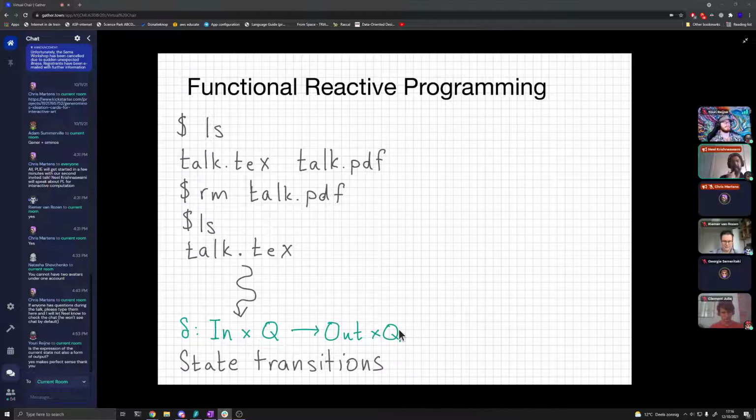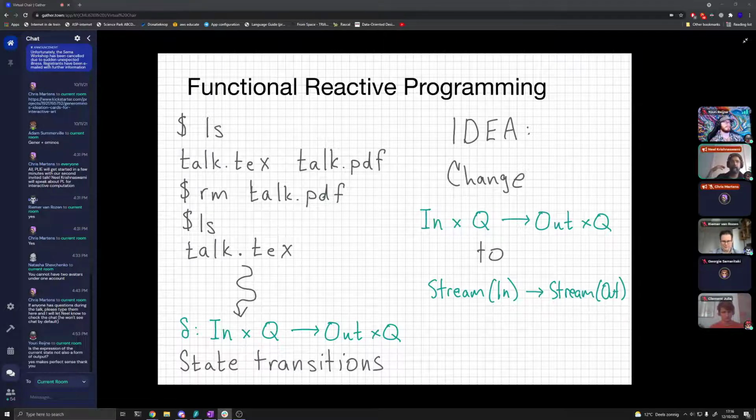system state. And they said, okay, well, we have these sequences of transitions, and why don't we have a sort of shift in perspective? We're not going to think of this atomic transition as the basic unit of programming. Instead, we're going to try to model a program as something that takes in an infinite stream of inputs and produces an infinite stream of outputs, or a potentially unbounded stream of outputs.